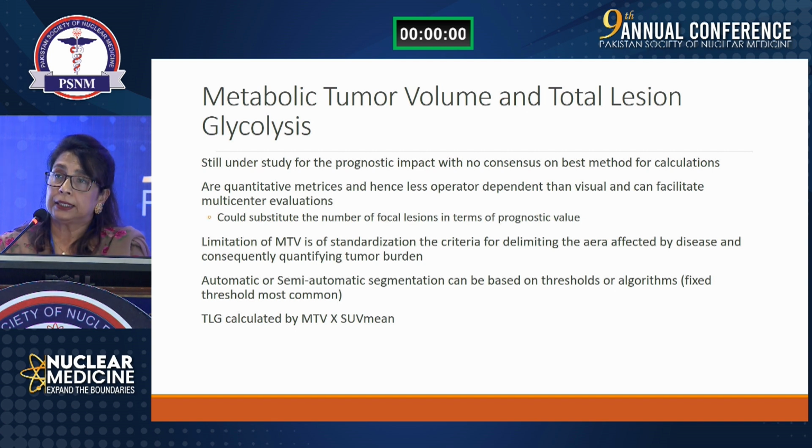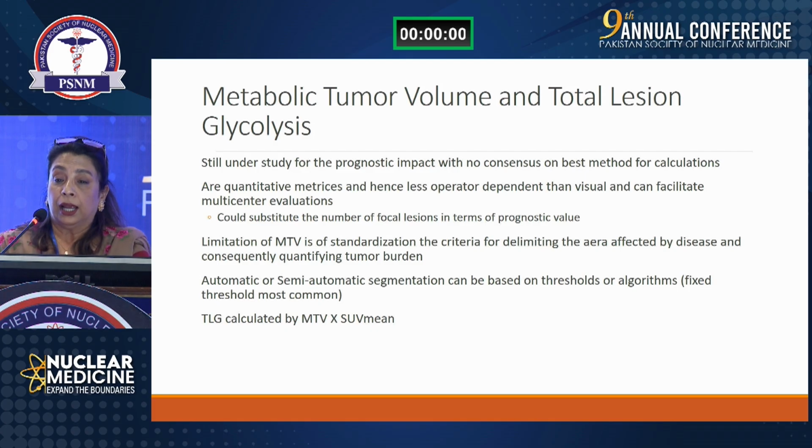But it is a very tedious task, and it is highly operator dependent and requires a person who is well versed with drawing the lesions and giving these results. Artificial intelligence, we hope, will take over, and then, as said, radiomics, which is a mathematical evaluation of these lesions, will help us in delineating these lesions